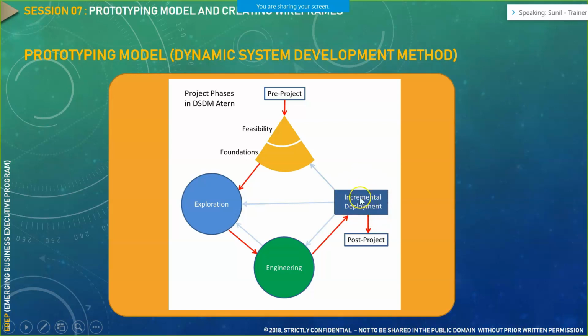If something is asked after the needed piece of functionality is delivered to the customer, it can go directly to the exploration part, it can directly go to the engineering part, or it can also go to the feasibility check part. So depending on the nature of the request, it would go to any of the phases: pre-project, feasibility or foundation phase, exploration phase, or directly to the developer phase.